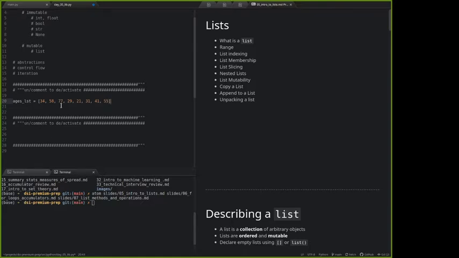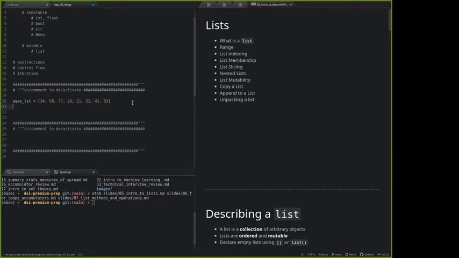Cool. So we could just imagine these as integers representing ages, and this is just a list of numbers. If I go ahead and print this out,